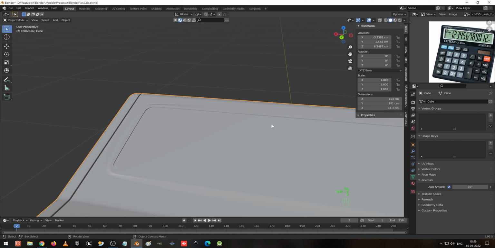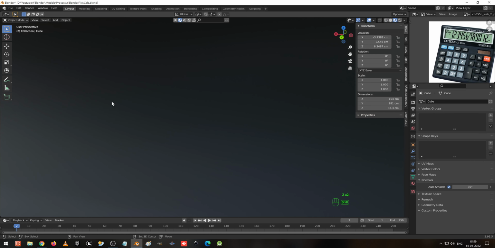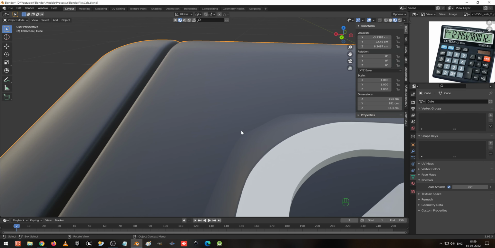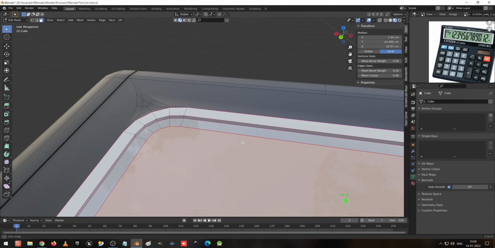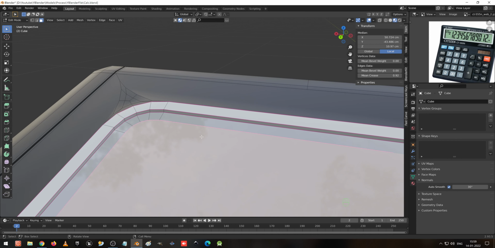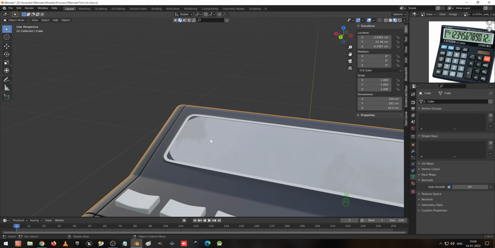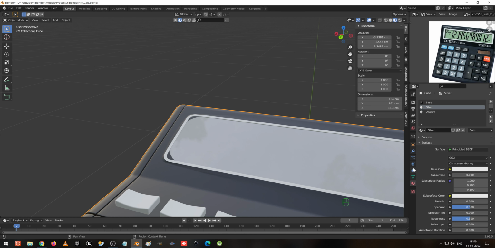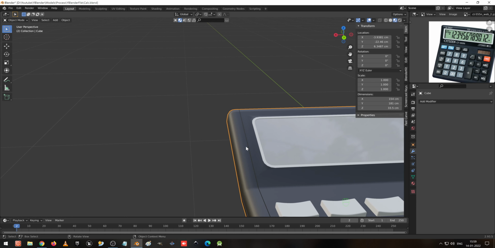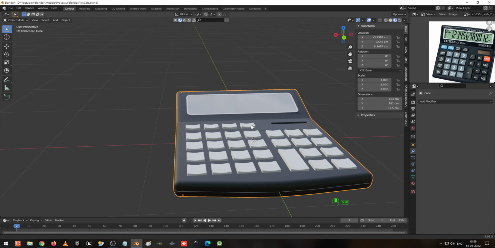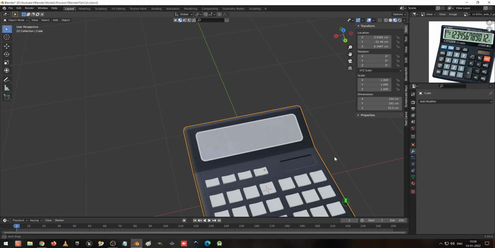Let me see it in wireframe mode. Okay, fine. Now right click and shade smooth.